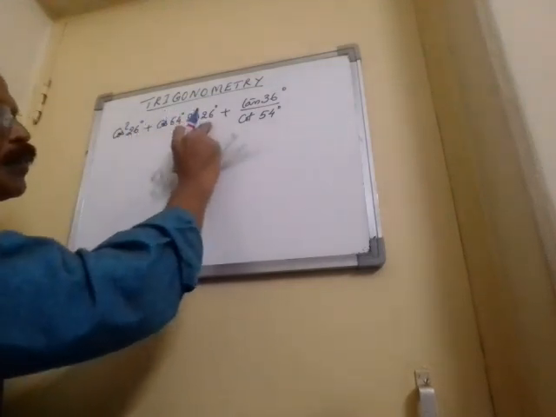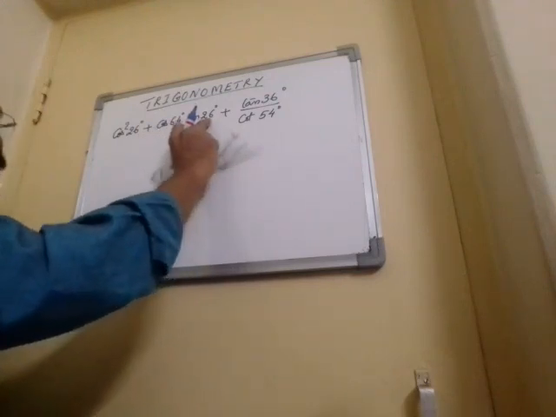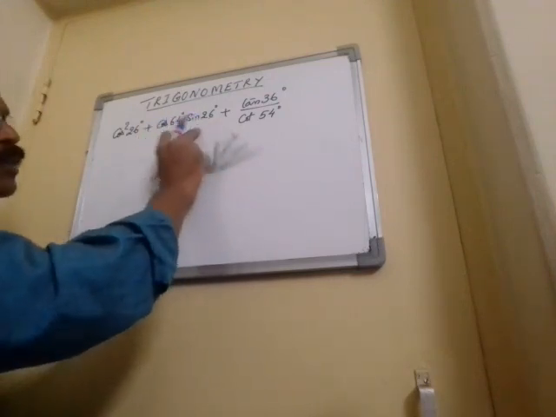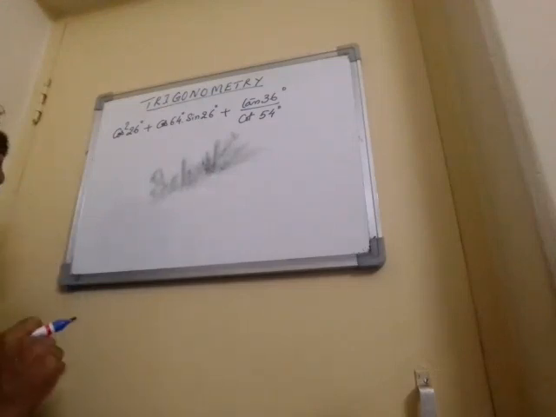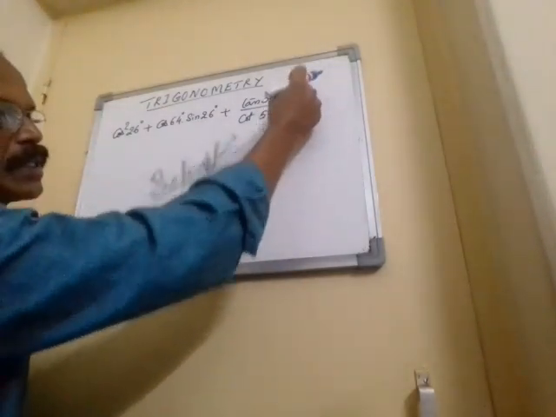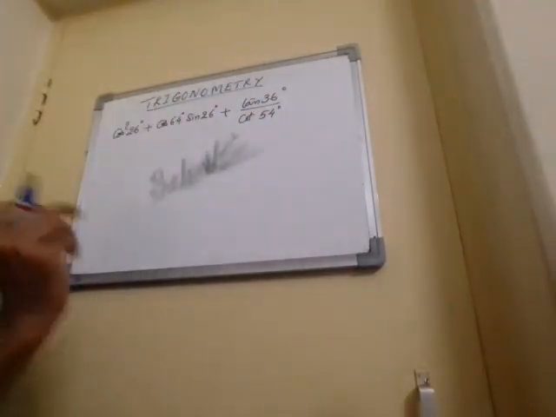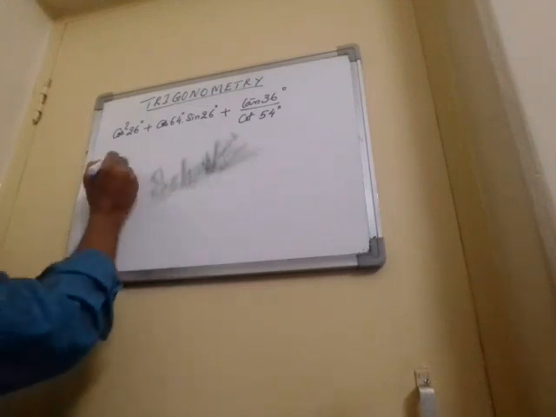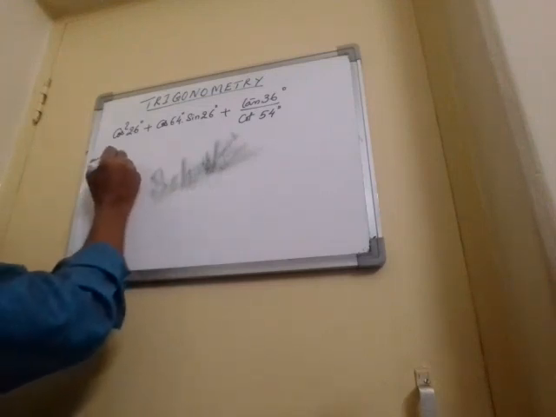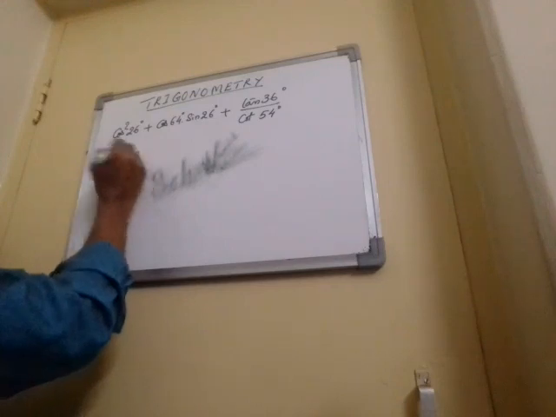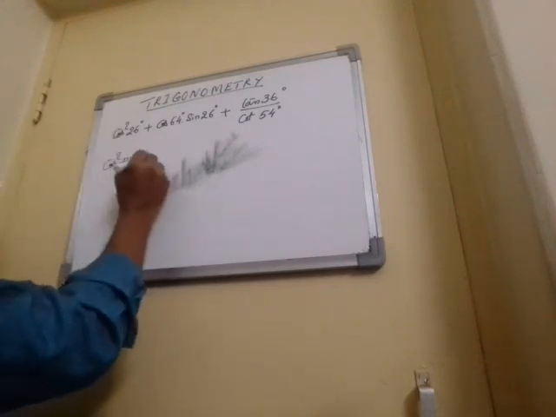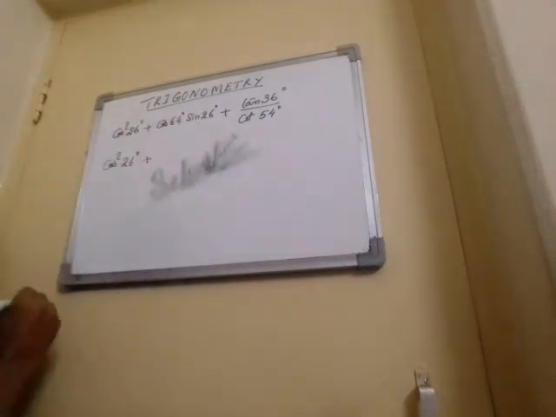Whenever you get two angles 64 and 26, you can see if you are adding these two angles you will get 90 degree, and here also 36 and 54, if you are adding you will get 90 degree. So whenever the sum of the two angles in one term is 90 degree, one function you can express as the complementary function of the other. See how it is. The first term I am not changing anything, because it's only a single term with a single function. But here cos 64 and sin 26.